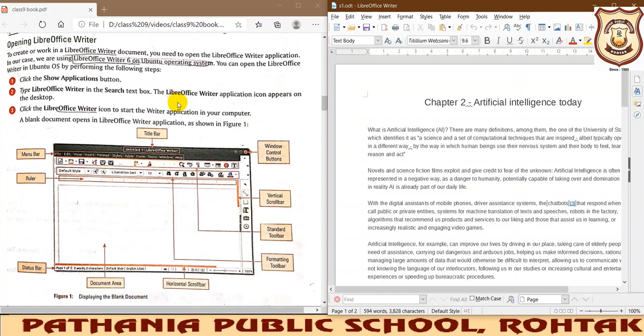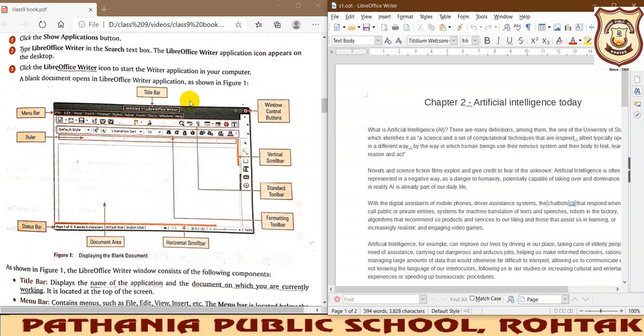In the previous lecture we discussed the components of LibreOffice Writer, so let us have a quick recap. This is your title bar, where I have renamed the document. Initially you find it untitled. The name is LibreOffice.odt. The extension of LibreOffice is ODT, and ODT stands for Open Document Text.